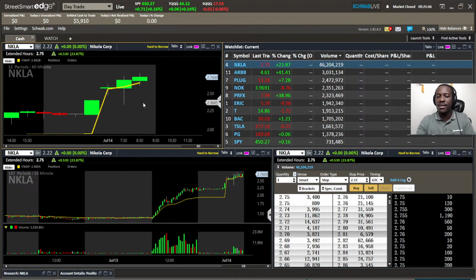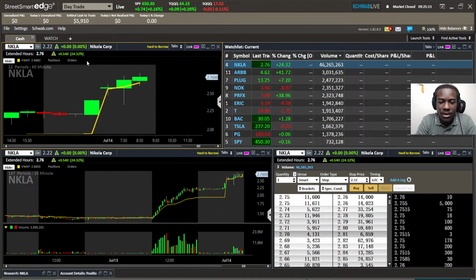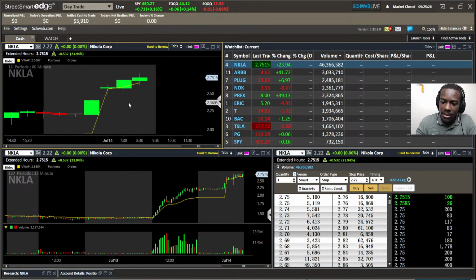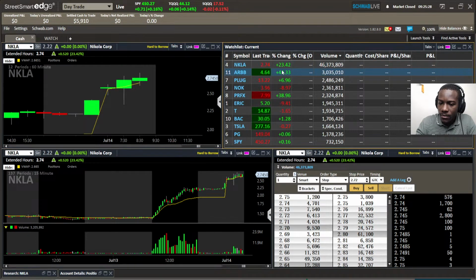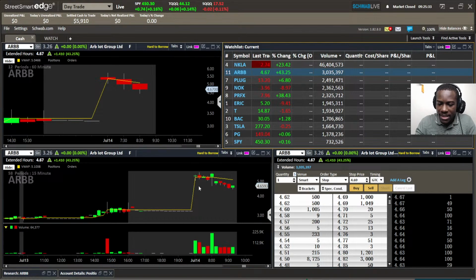Nicola is where I'm going to start looking because it's got the volume. Not looking to trade it because of the higher float. I do not want to get caught in a flush. It's a $1 million deal, 12 trucks this year, 50 over the next 5 years. So it doesn't excite me to put money into Nicola there. And we can see ARBB kind of coiling, but we need to see Nicola fail.